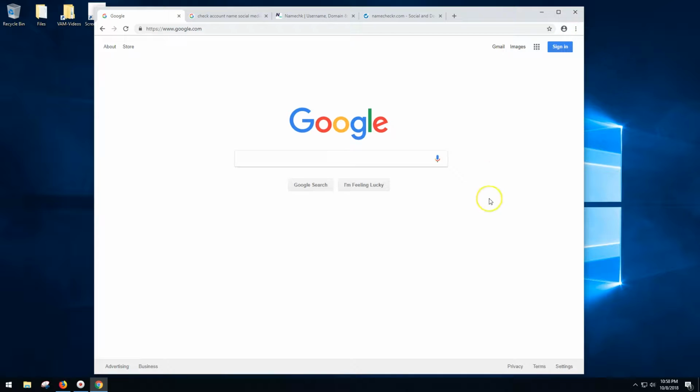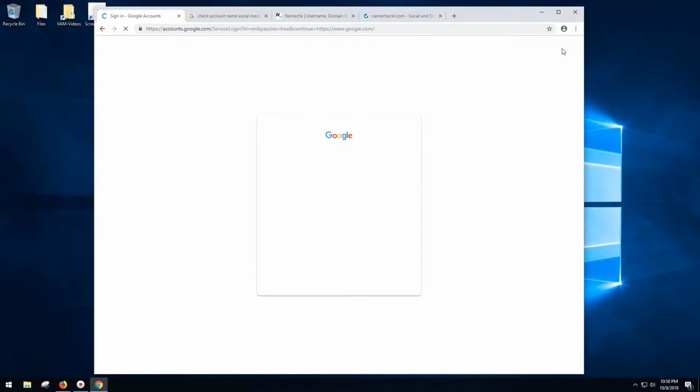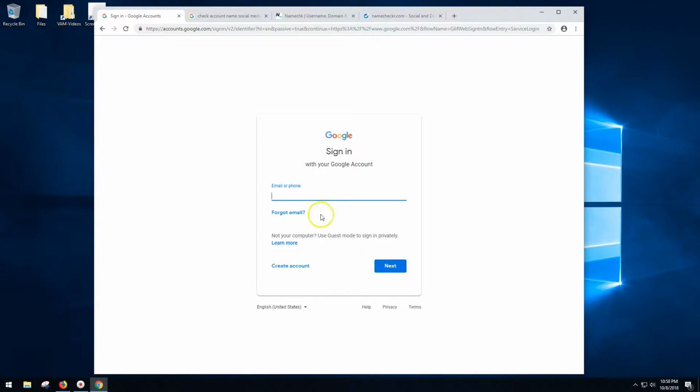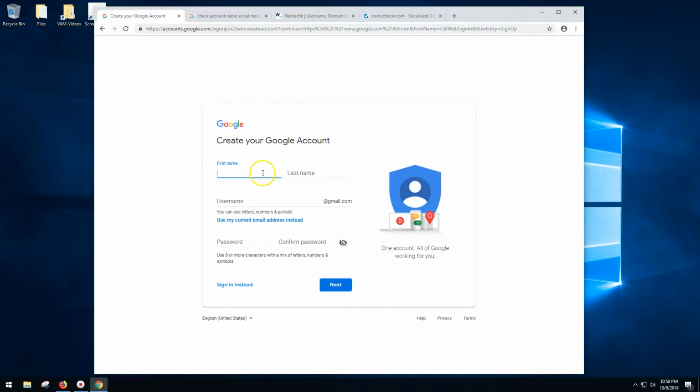Once you're at a screen like this, you just click on the sign in button, and this is where you sign in, but you can also click on the create account button, and it asks for your name and then username. The username is used in multiple places, and the username can be any characters or numbers. You can also use dots within that, so I could do omnilu.media,